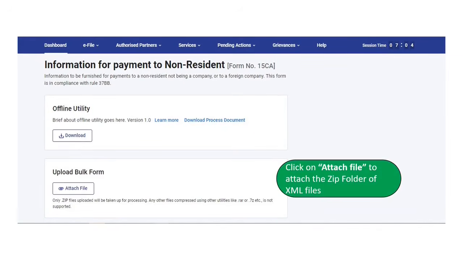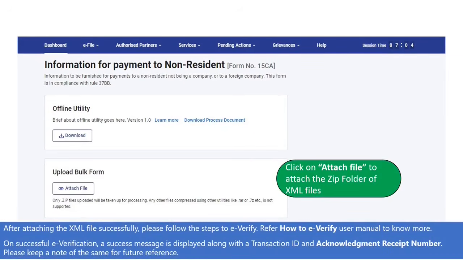After preparing the files, the taxpayer can click on Attach File to attach the zip folder of the XML files. Thereafter, the taxpayer is required to e-verify, and you can always refer to How to E-Verify User Manual to know more. On successful e-verification, a success message is displayed along with transaction ID and an acknowledgement receipt number. The taxpayer is advised to keep a note of the same for future reference.